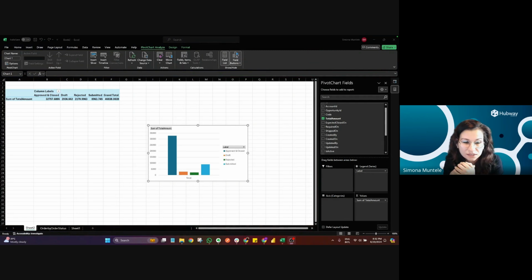So these are the benefits of using Hubway Connect on top of OutSystems to perform analytics. So these were the demos. Now, if we go back to our presentation,